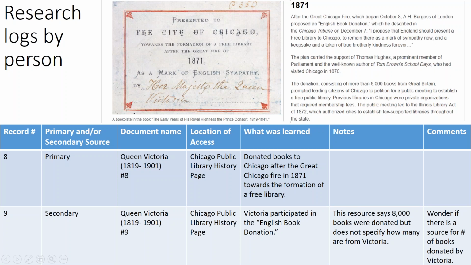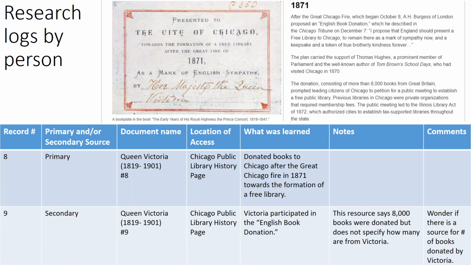So we're talking about the red box. And within that, we're able to see that this was presented to the city of Chicago towards the formation of a free library after the Great Fire of 1871. So this means that we've now linked Queen Victoria to the Chicago Fire in 1871, and that she donated materials to Chicago after the event,